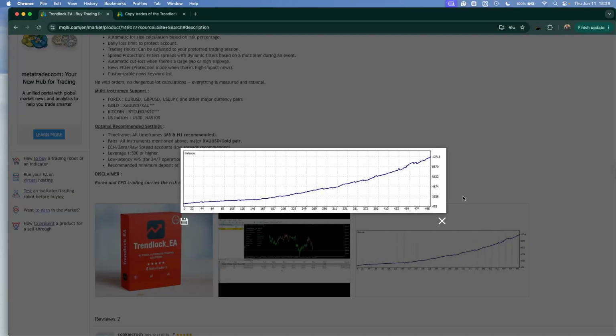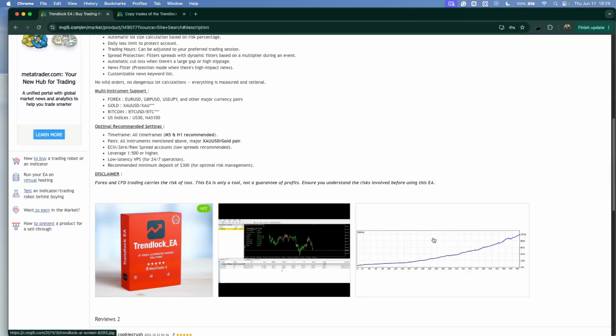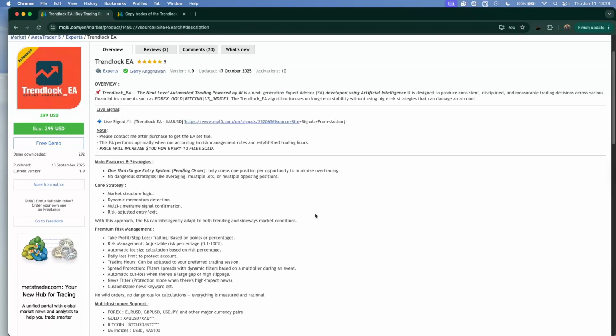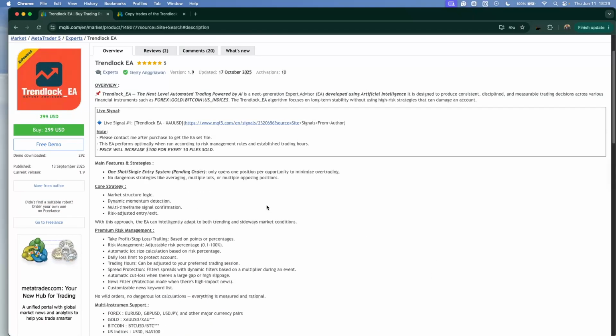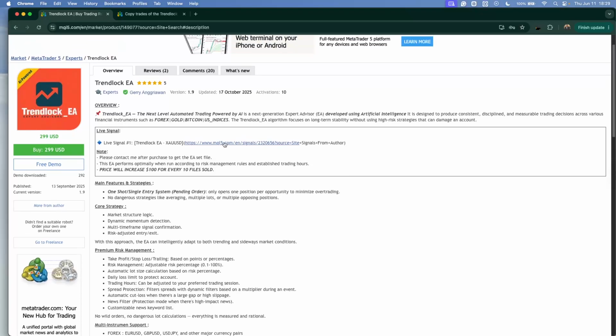We do not have any major backtest results published by the developer. All we have is just this equity curve here, which was published by the developer, and that's all we have. There's no flashy numbers. There is no information to hold on to regarding how the Trendlock works and